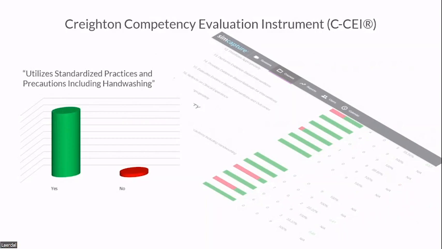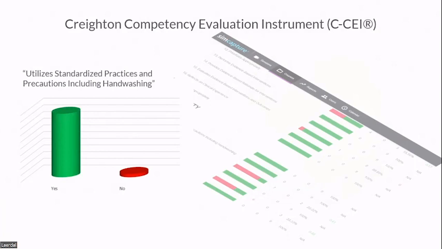So now we're going to change gears a little bit. I know that all of you are collecting data, and I would think that many of the people on this webinar are collecting data. When have you used data to inform your program of a change that was necessary, and what did you do? I'm going to begin with Chris, because in my recent visit with you on Zoom, you and I reviewed some data related to high fidelity simulations from some senior students, and I'd like to hear that experience from you.